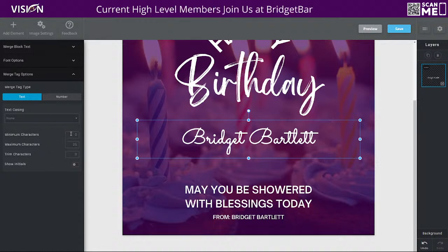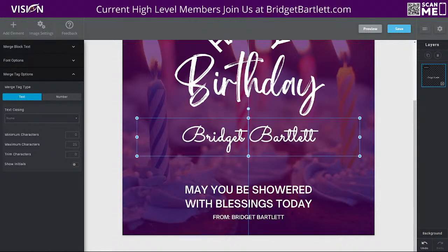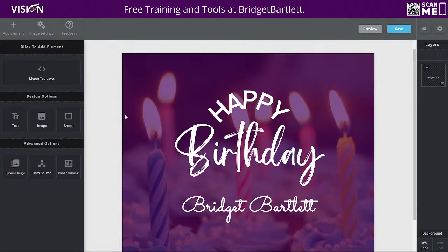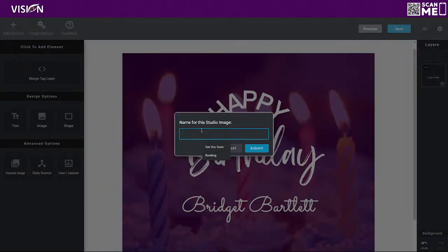The minimum number of characters, meaning their first name, the maximum characters. So if they have a really long first name, maybe we don't want it to fit all the way on there. Trim characters and show initials. And these are just optional things that you could add here. The main thing that we want to add, though, is just the name. We just want to make sure that the name is there. Now I'm going to go ahead and save this, and I'm going to call this birthday message